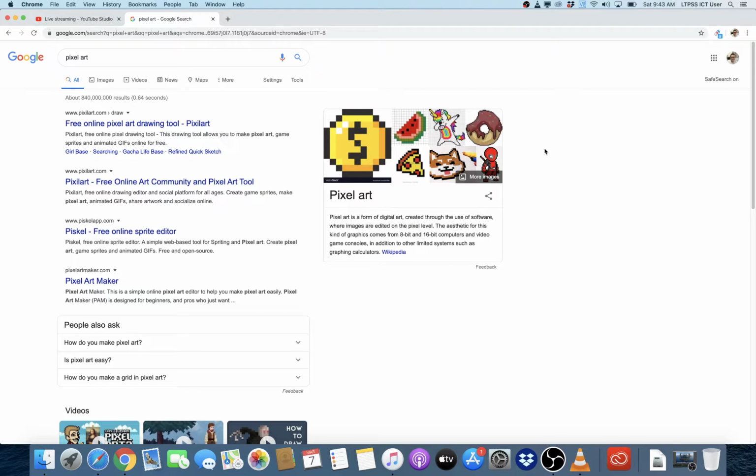So what I'm going to do, let's see, how can we do this? If we go to gallery, so these are all the pictures that people have drawn. Let's see, how do we start drawing? Ah, yes, at the top you can see there's a button that says Start Drawing. Now what we'd like to do is make a 16 by 16 drawing. So if we go to Settings, go to New,